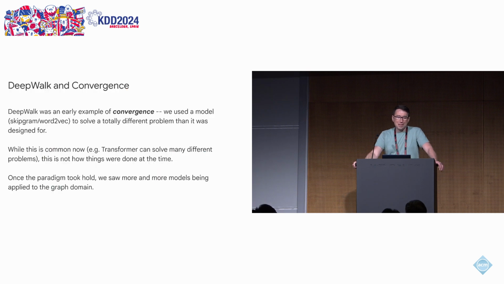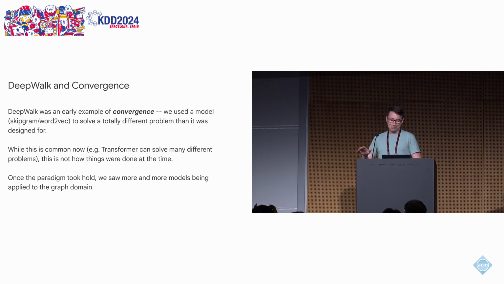And so, I think that maybe DeepWalk is an early example of convergence. I mean, we didn't think about it at the time, but what we did here is we used a model that was not designed for graph data at all to solve this particular problem. It's an example of a very simple, if you want to call it AI, sure, DeepWalk is AI. It's an example of a very simple AI